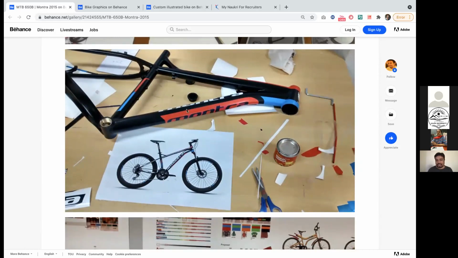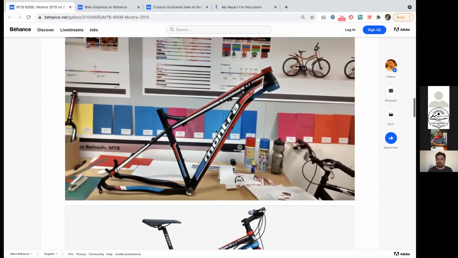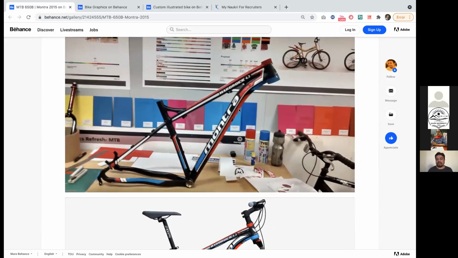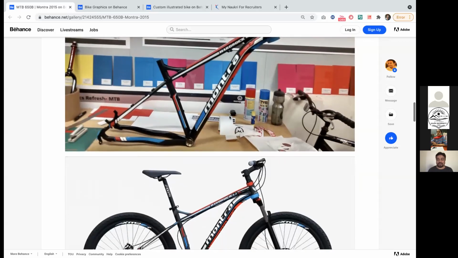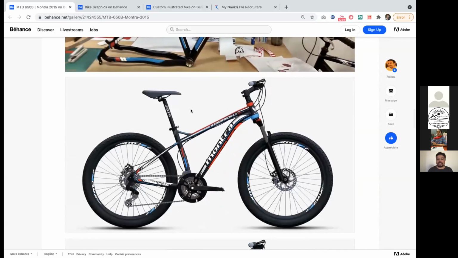So this was one thing I noticed, being a cyclist enthusiast at that time, that the branding was very much needed, because most of the cycling photography was done below the frame. So we would make these prototypes, and everyone in the company had an opinion about why we were branding it below. After I left the company, a year later, when this cycle became a hit in the market, I got a call from the sales head, and he congratulated me and said that a year back, in the meeting, I had told him that when people come to purchase the cycle, they see the cycle below the eye level.